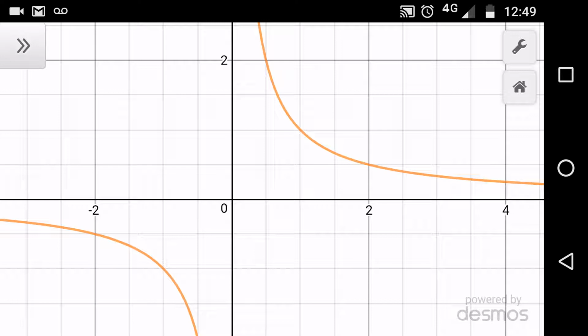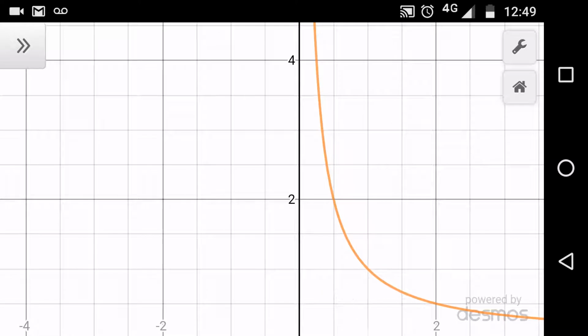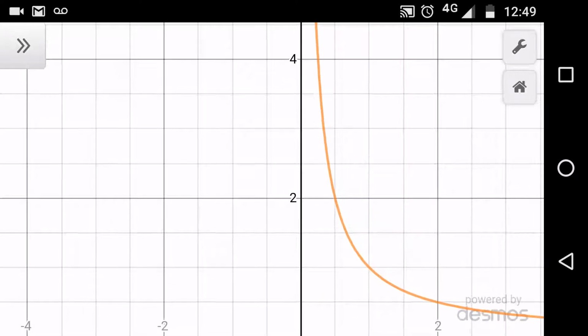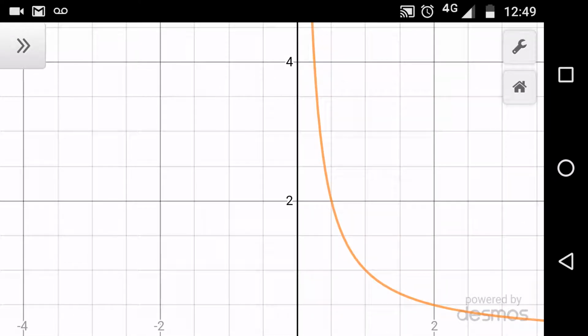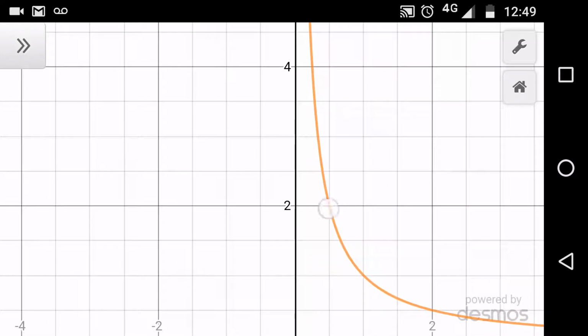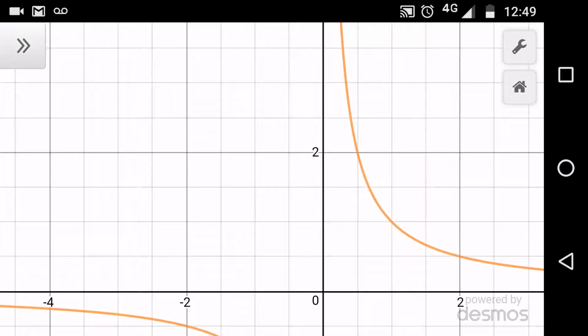As you can see by the numbers, that is just the point 2 for x and 0.5 for y. If you're here, that's 1 comma 1. If you're here, that's 0.5 comma 2. It seems I can't make it appear, but anyway,